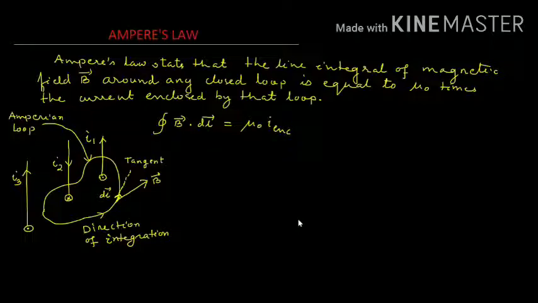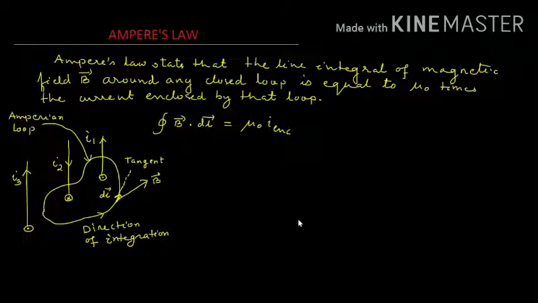To apply Ampere's law, we mentally divide the loop into differential vector elements dl that are everywhere directed along the tangent to the loop in the direction of integration. At the location of the element dl, the net magnetic field due to the currents is the vector B. That means the net magnetic field of I1, I2 and I3 is B at the location of dl. Since the three wires are normal to the plane of the diagram, their magnetic fields lie in the plane of the diagram. So the net magnetic field B also lies in the plane of the diagram.